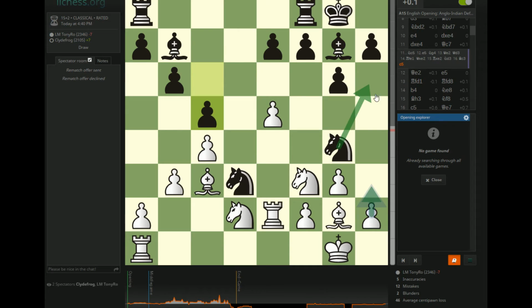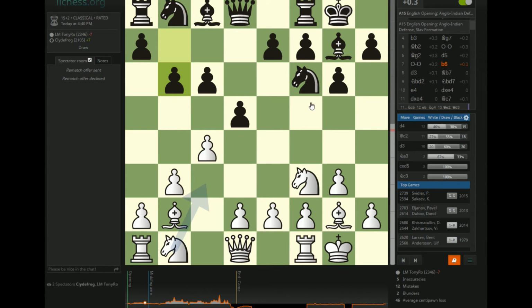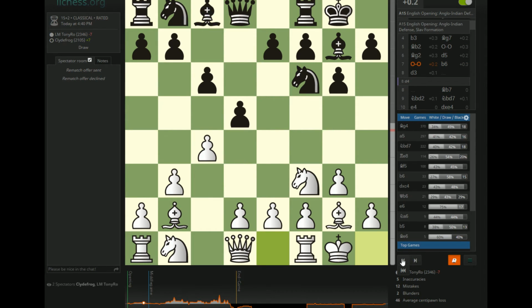Even if h3, knight h6, which looks like a bad square, f5 will be a very good square. Probably the thing I should take away from this game is that I should play d4 here. I should probably adopt this strategy in the Anglo-Slav no matter what. I don't think b6 is the most popular move, but...